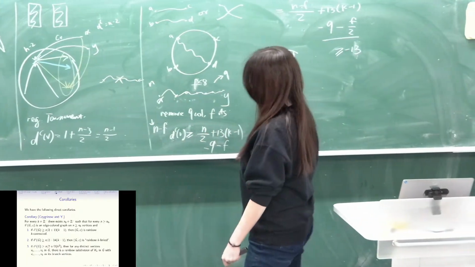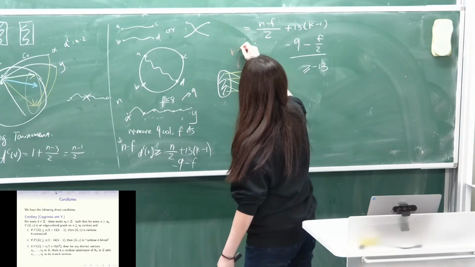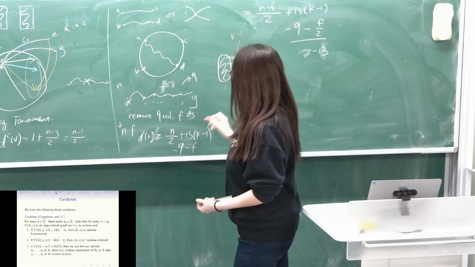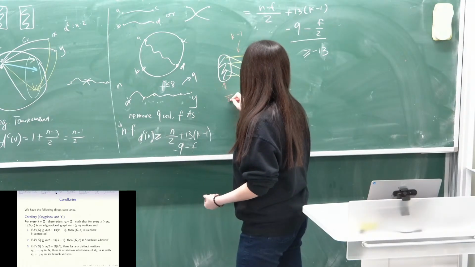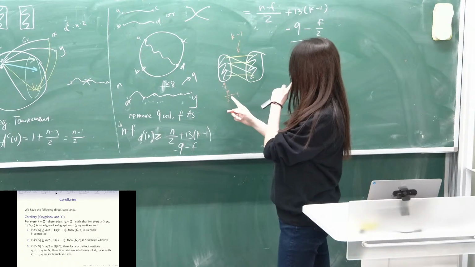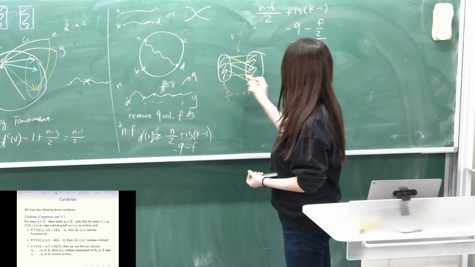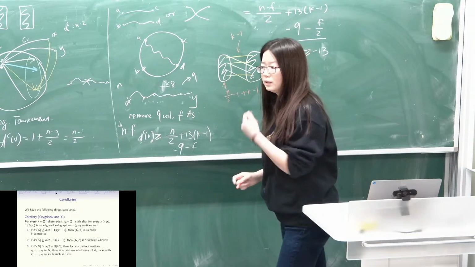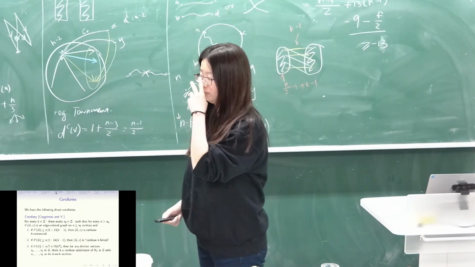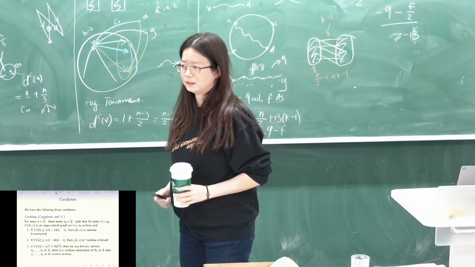Okay, so let me make it a little bit more precise. If I add k minus 1 perfect matchings in k minus 1 colors between them, then here each vertex sees half of n minus 1 colors of edges plus this k minus 1, then it's still not enough. Any other questions or comments?